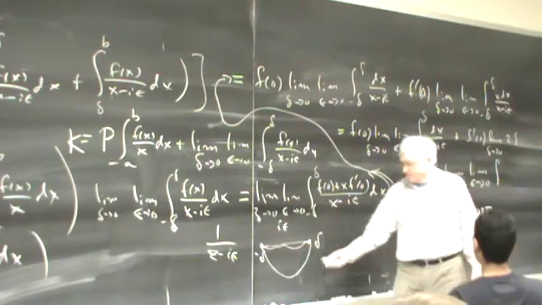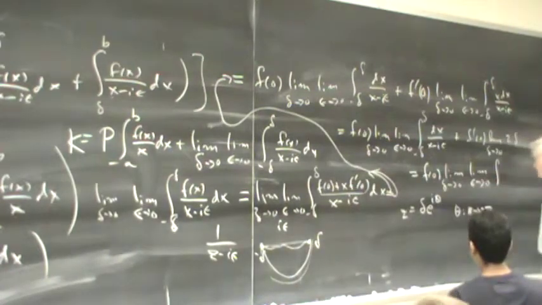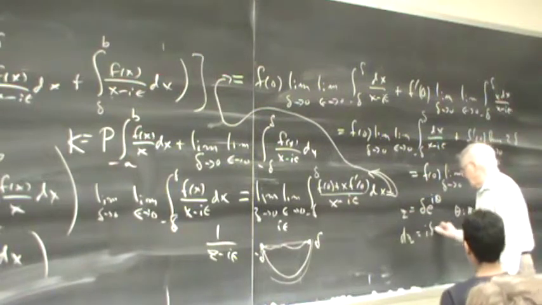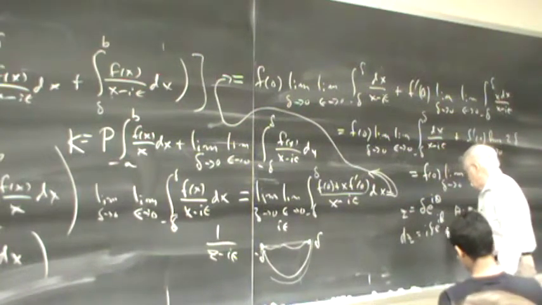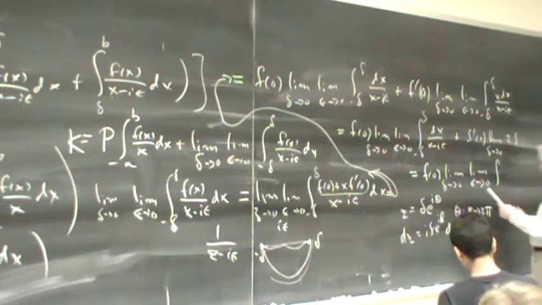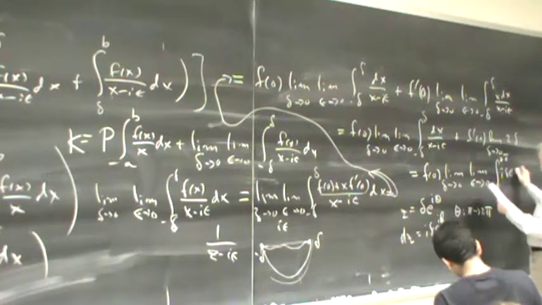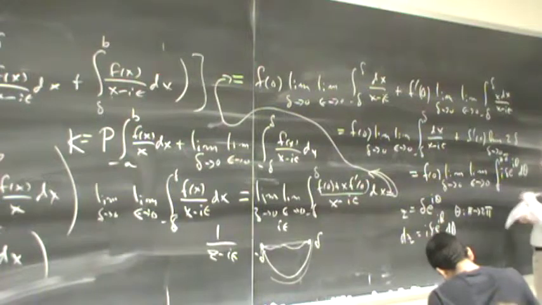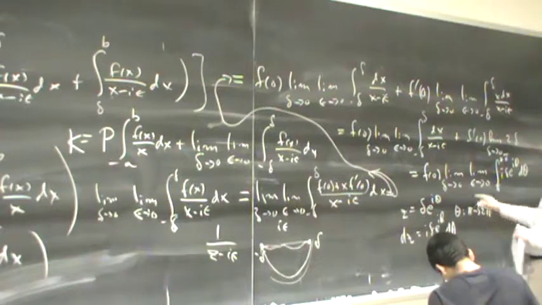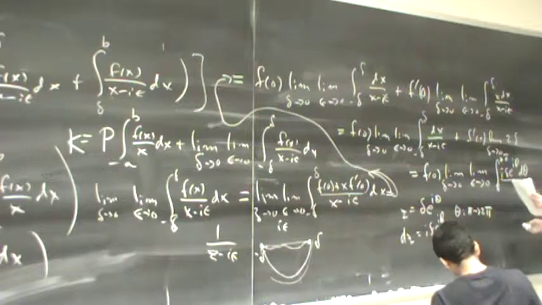So this point is theta equal to pi, that's theta equal to 2 pi, and of course dz is I delta e to the I theta d theta, and so this is then the integral from pi to 2 pi of I delta e to the I theta d theta. So that's the dz part, and then we're dividing by